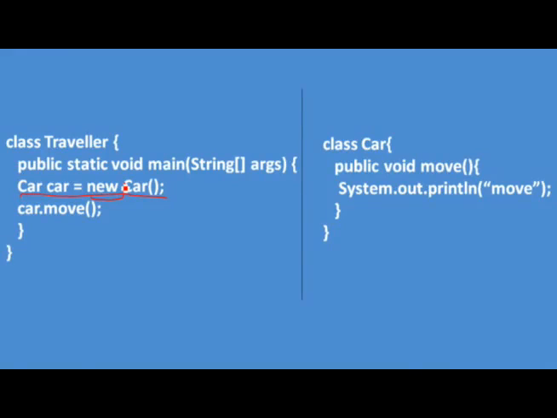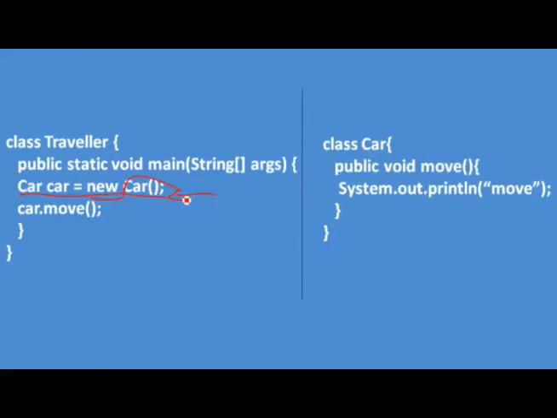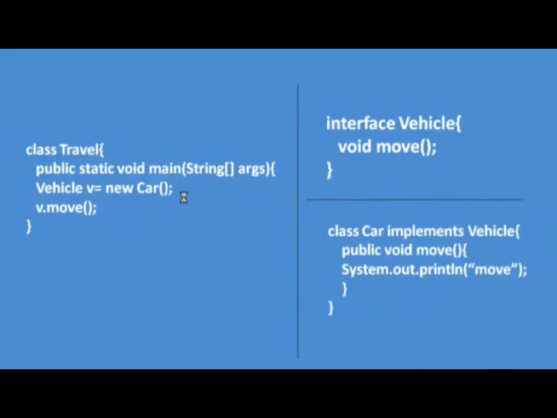So it's very clear that the moment you replace the Car class with some other class, this part of the code is going to get affected. Say, for example, you're going to introduce an aeroplane or a motorbike class instead of a car class. Obviously both the reference side and the object creation side, like new Car, are going to change. So let us see how we can modify this code for a little improvement,